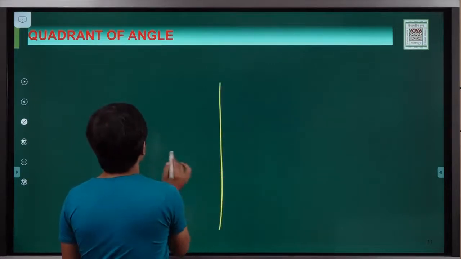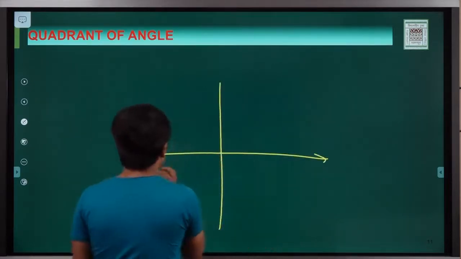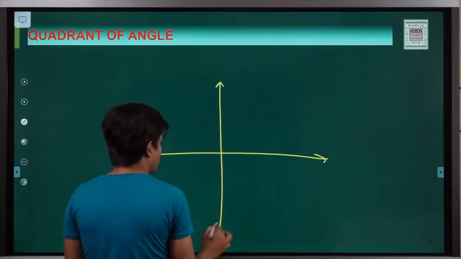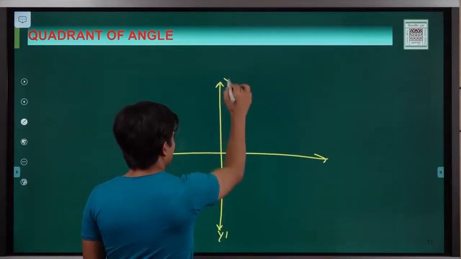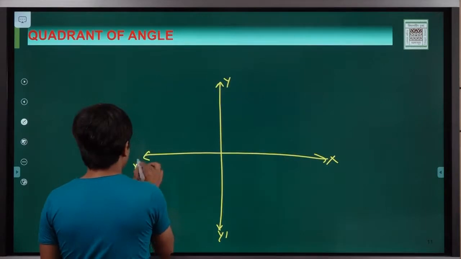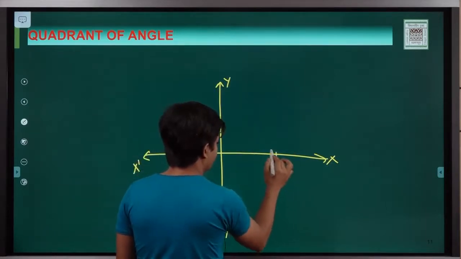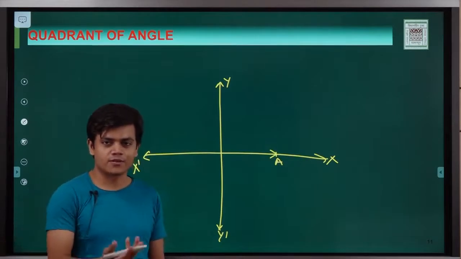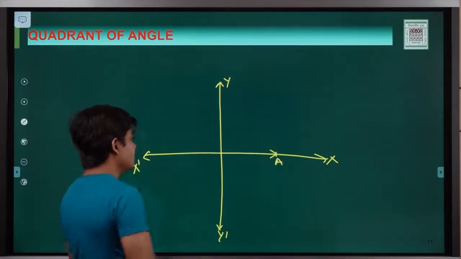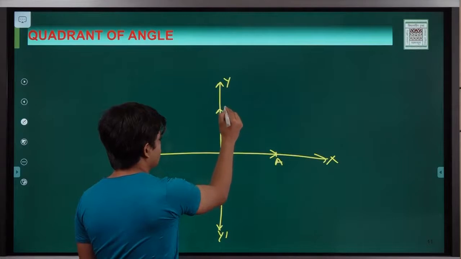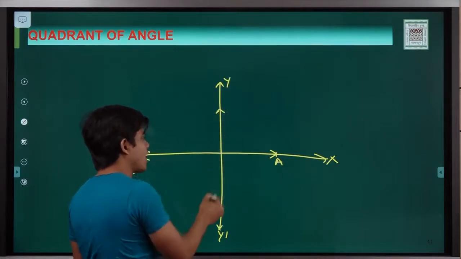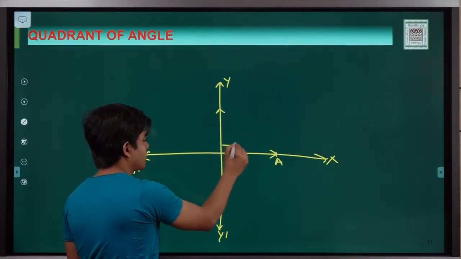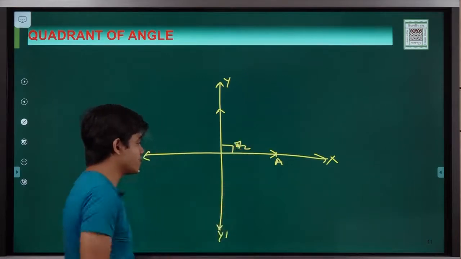For example, think if the terminal point is on the x-axis, if the terminal point A is on the x-axis, then what angle is going to be made? Certainly 0 degree. So yes, 0 is a quadrantal angle. Thereafter, if you reach over here on this y-axis, then the angle will be pi by 2. So this is a quadrantal angle.